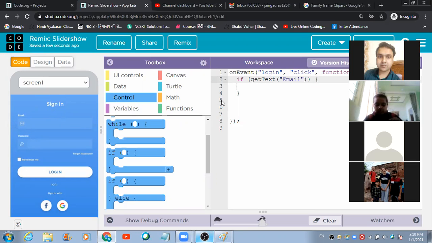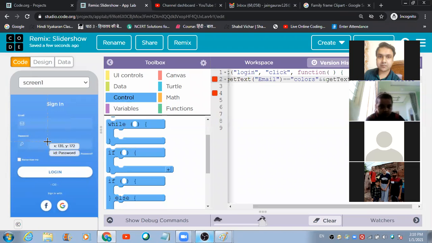So if email is equal to colors, okay, and just because we want to check two different conditions in one go, that is the reason we need to place a logical operator. Okay, and if the password, P capital, if the password